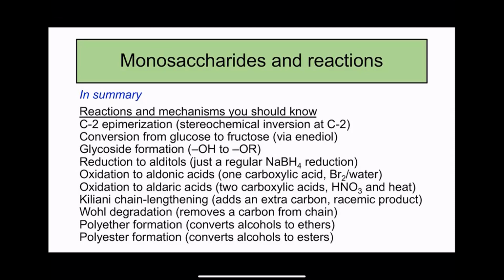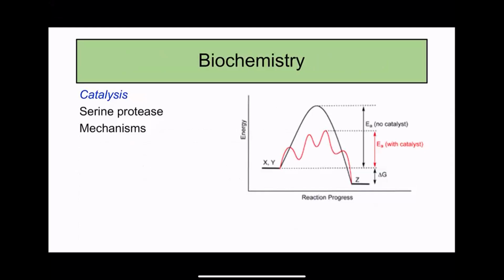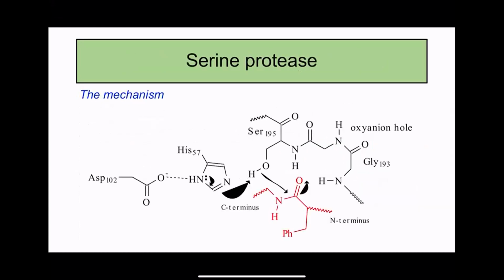It's okay. So next we're going through catalysis. So the big one that you need to know is serine protease. And then we'll go through a couple examples of different types. Let's start with that. So serine protease is just one of the catalysts that Falzone really loves. And so it's shown up on a bunch of exams. But all you really have to know is